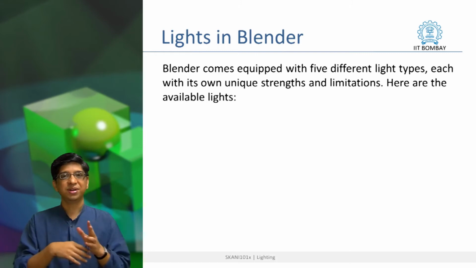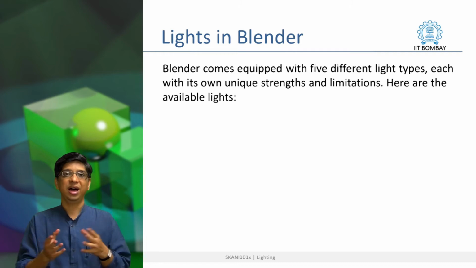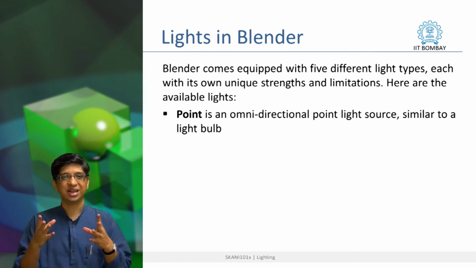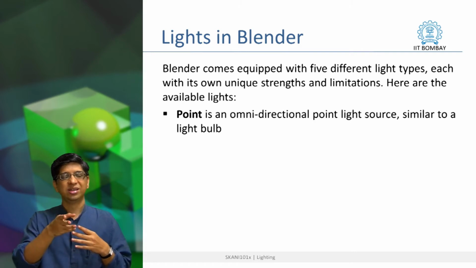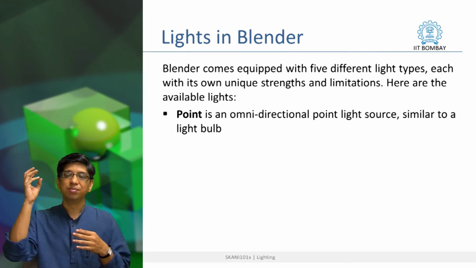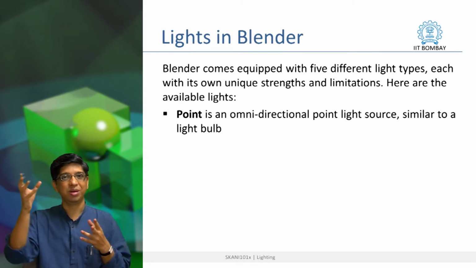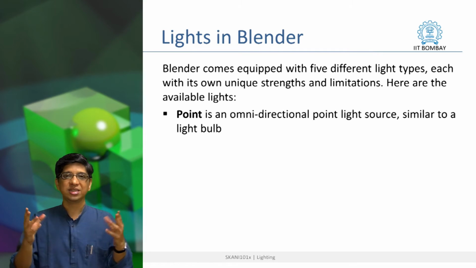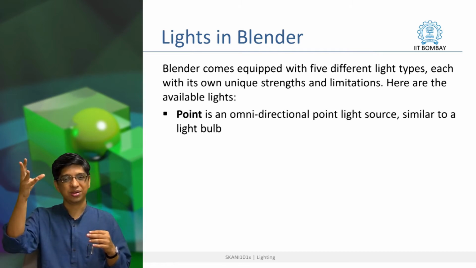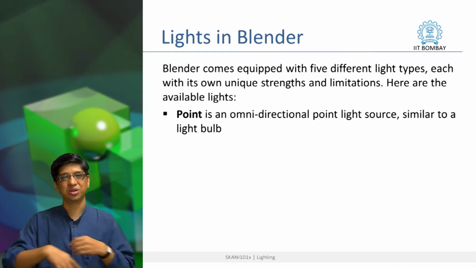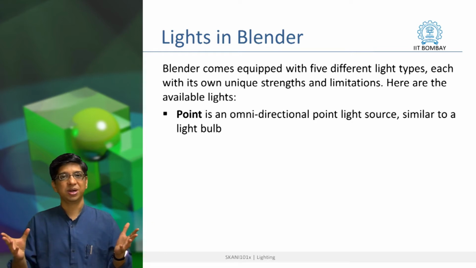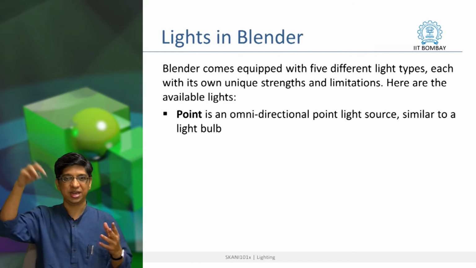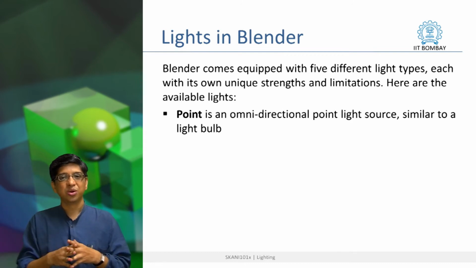To start with, there are different types of lights available in Blender, and all of them, by the way, can be modified. We have a very basic light called a point light, and you can imagine that as a bulb in the older days, the yellow bulb which we used to put in. So, it is just a single point source which is omnidirectional, so the light will go in any direction irrespective of where it is placed. So, that is one light source.